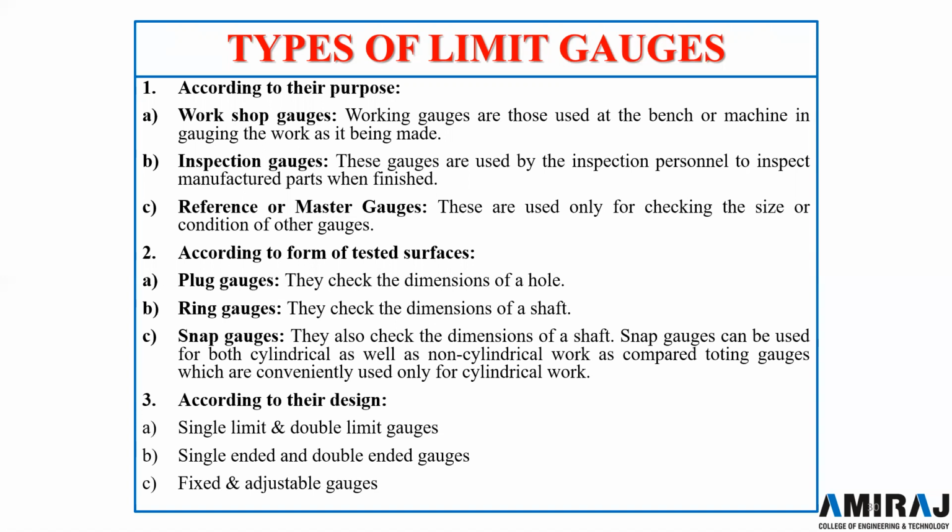They also check the dimensions of the shaft, but snap gauges can be used for both cylindrical as well as non-cylindrical work, as compared to ring gauges which are conveniently used only for cylindrical work. So non-cylindrical means it may be oval shape. Okay,